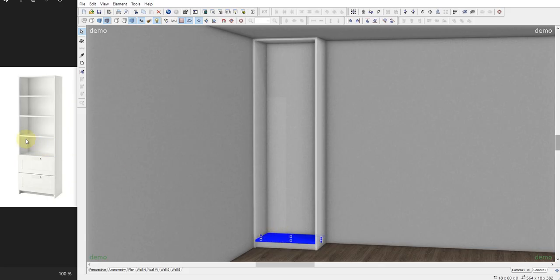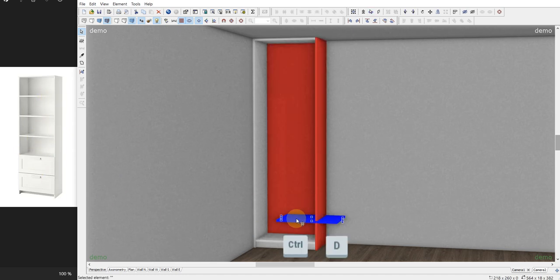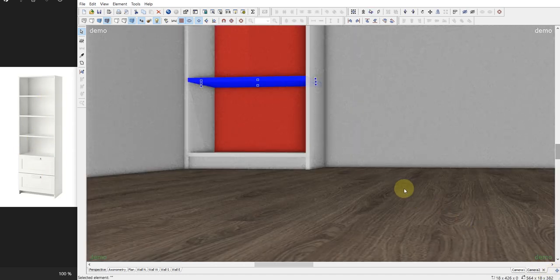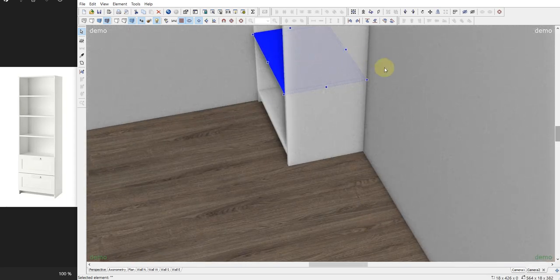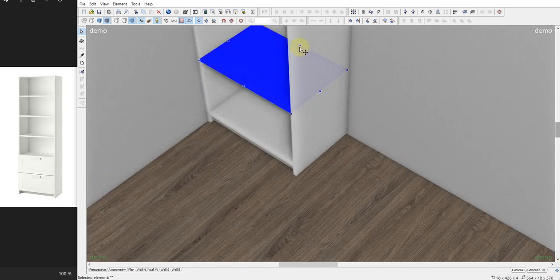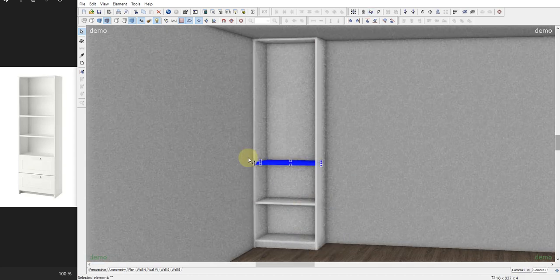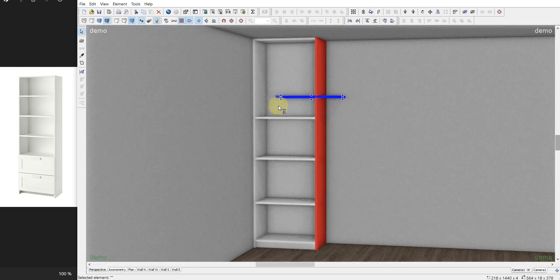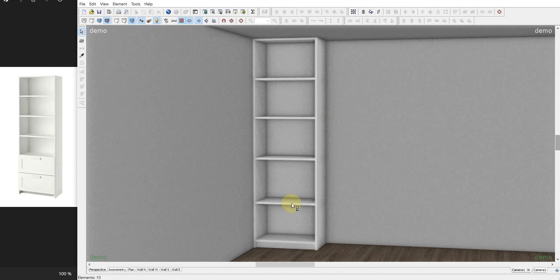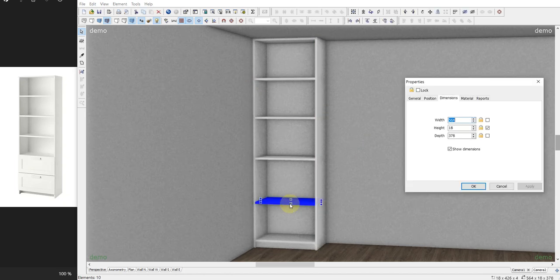We need some shelves. 1, 2, 3, 4. Ctrl D, moving right, and this has to be smaller in depth. Okay, Ctrl D, Ctrl D, Ctrl D. Let's write the position to the bottom for this element. I'm thinking of